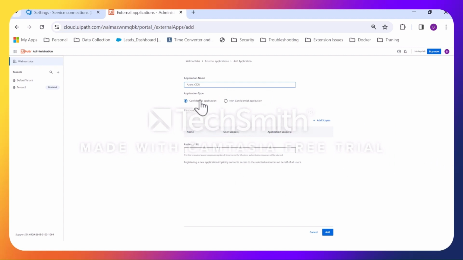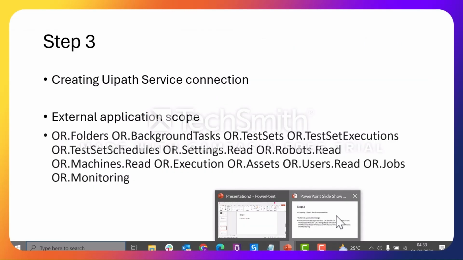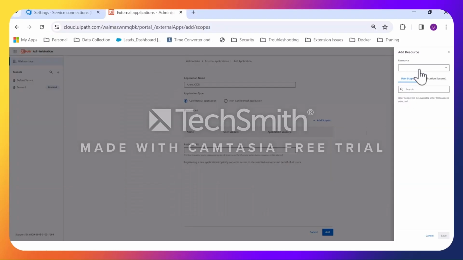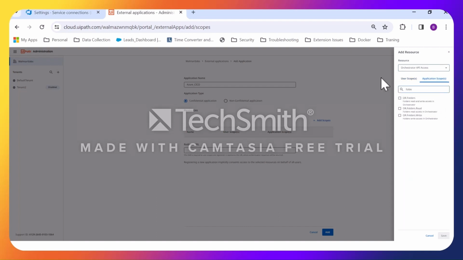I'm choosing Confidential, and coming to the scopes, I'm adding the scopes as mentioned here. For the first option, in the resource, I'm choosing Orchestrator API Access, and I'm choosing Application Scope. The first one is Folders, so I'm choosing Folders, and the next one is Background Tasks, and the next one is